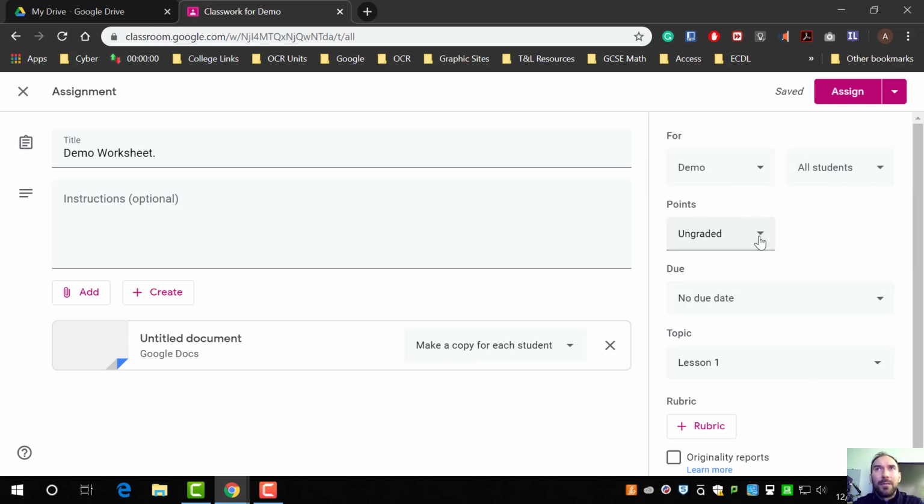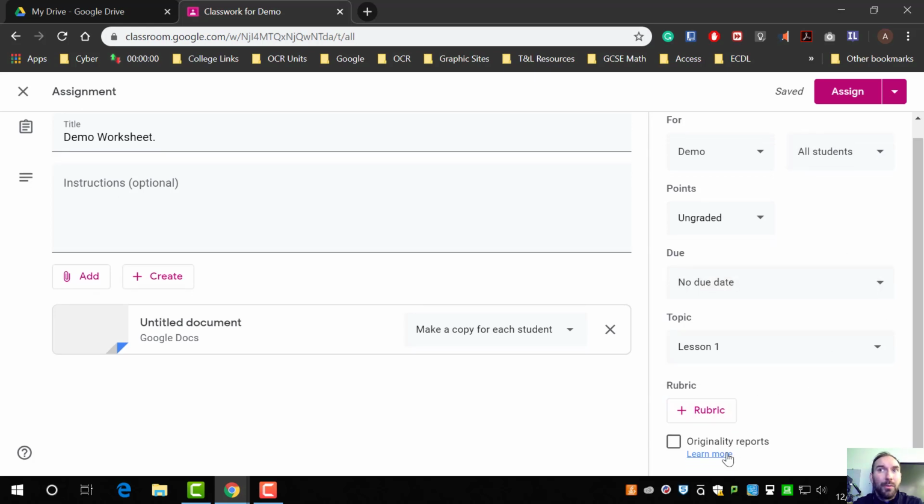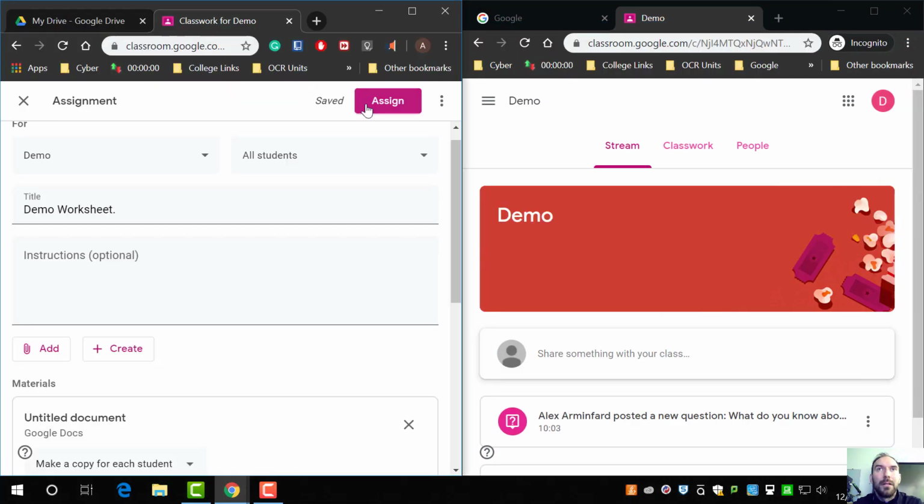I'm going to leave it ungraded. I'm not going to give it a percentage score. No due date, as I said, it's lesson 1. I'm not going to use a rubric. I'm not going to use an originality report for this document. You've seen the standard of the questions. What I'm going to do now is assign. I could save it, I could schedule it, I could post it, but I'm going to assign it. And when I assign this document,